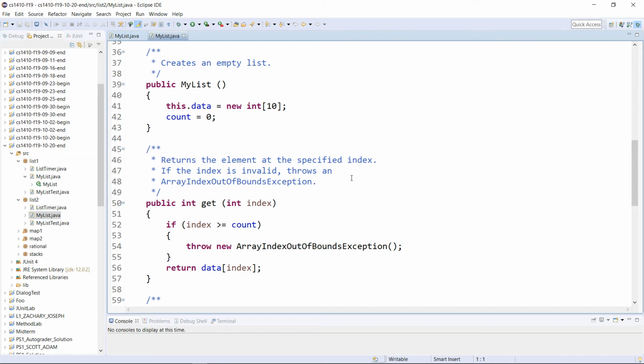Right, what about the get method? So first we make sure the index is in bounds. If it is in bounds, how do we know that if I want to get element 5 out of the list, all I have to do is get element 5 out of the array? How do we know that works? What about our representation strategy tells us that that will work? Say a little louder. It's because index is equal to count minus 1. No, we don't know index is equal to count minus 1. I mean, well, size of the array. Yeah, so